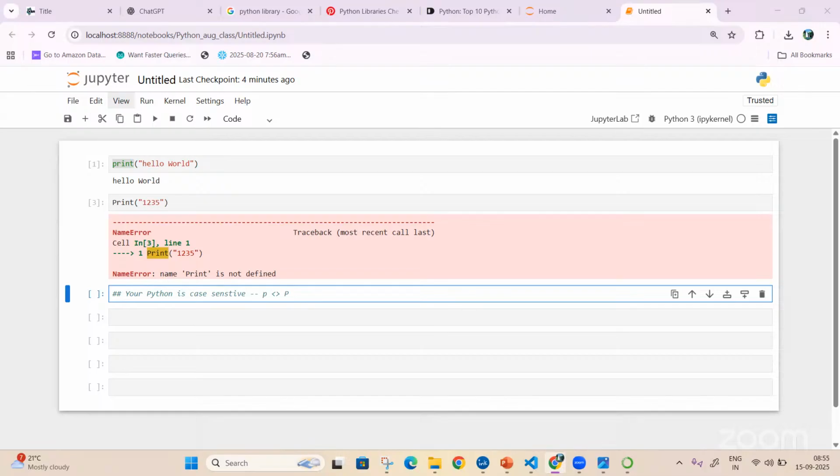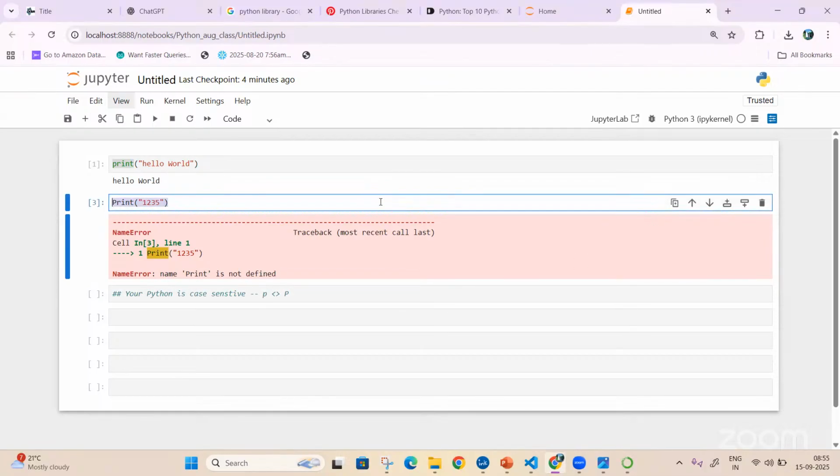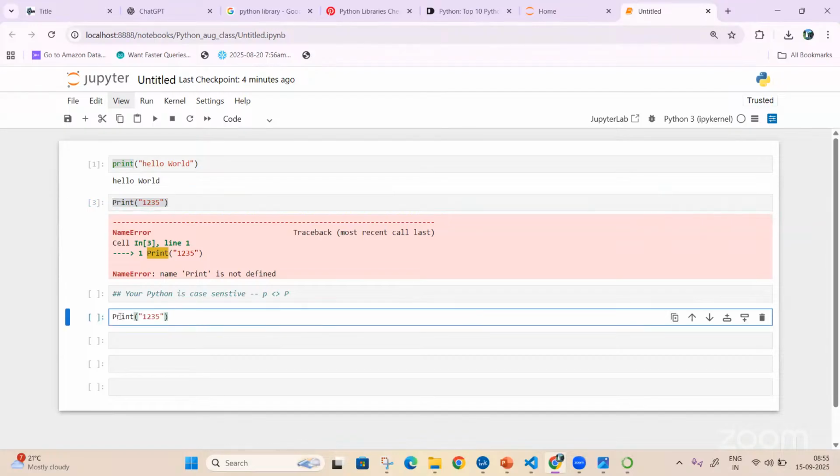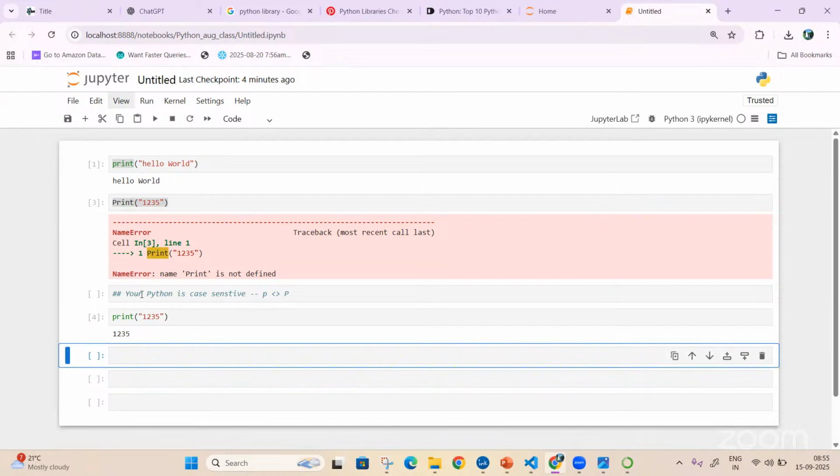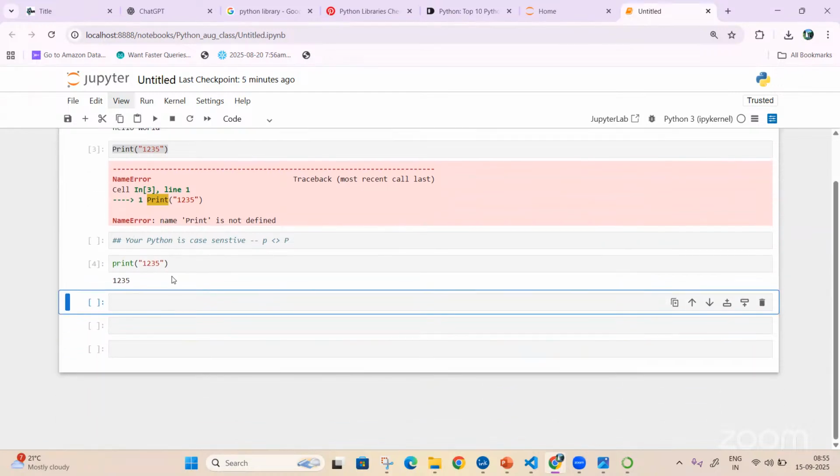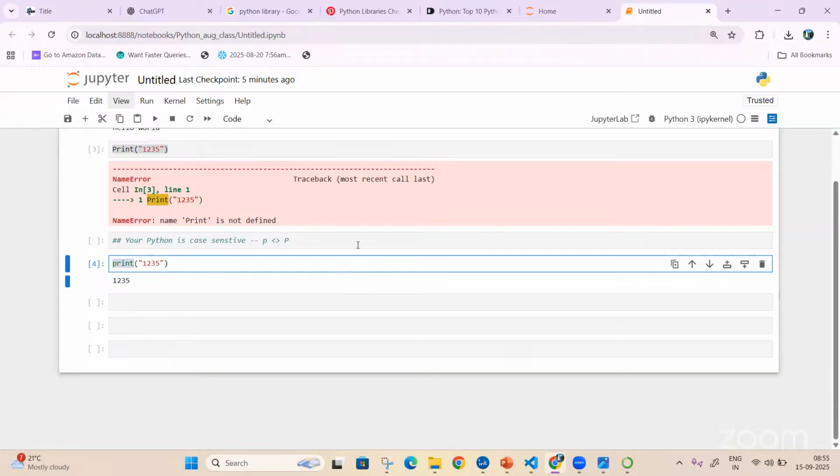That's the reason it is not able to execute. Now the same thing, if I execute here with the right case, I'll be able to see it. So Python is very case sensitive, and these are the keywords that are already defined by Python.